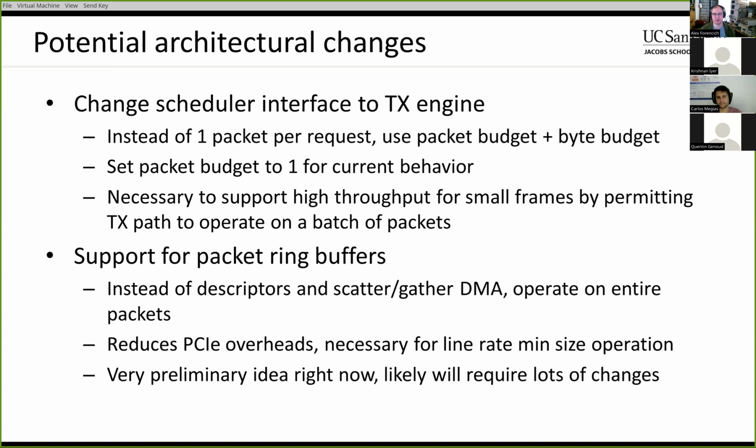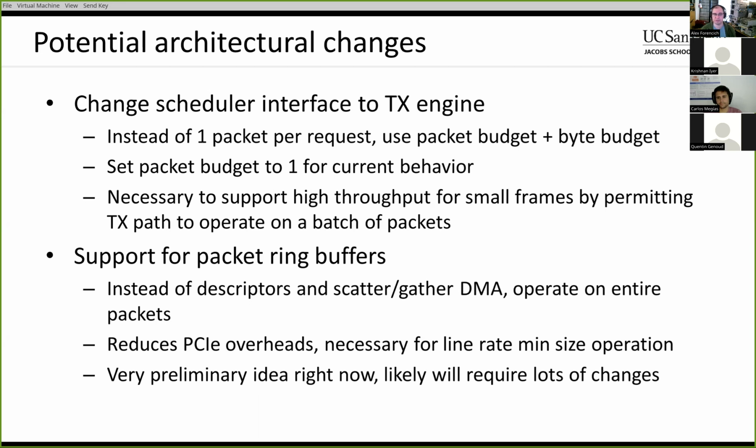the throughput. So what I'm thinking about doing is changing the scheduler requests from just a single packet per request to having the scheduler provide basically a byte budget and a packet budget to the transmit engine. And then the transmit engine can send as many packets as it wants up until it hits that limit. So the nice thing about this is if you set the packet budget to 1, then it's exactly the same as the current behavior. But if you set it bigger, then you might be able to get higher performance with